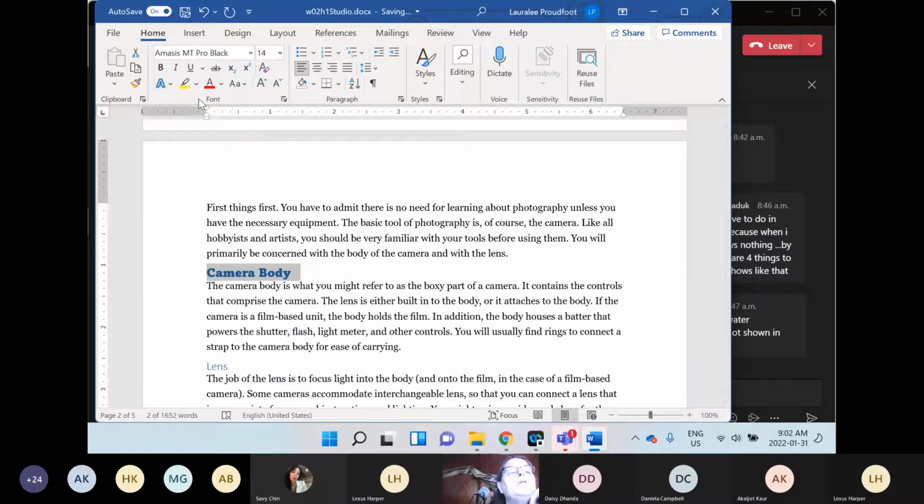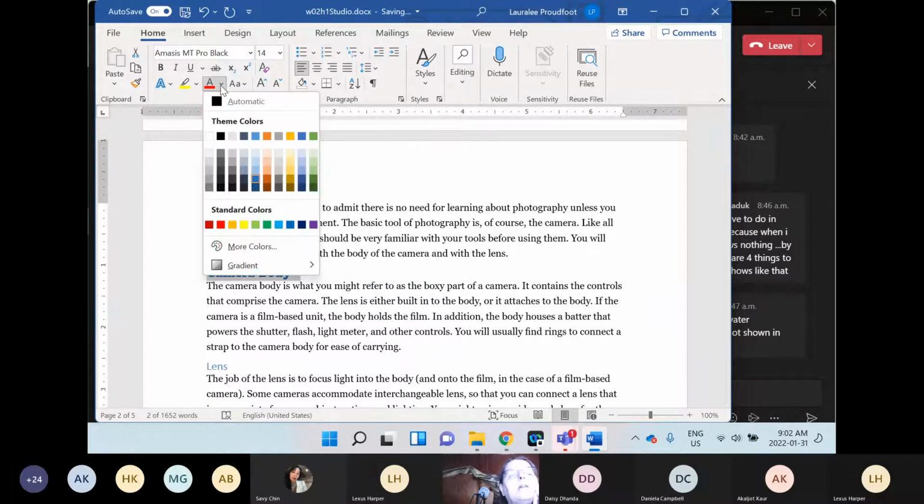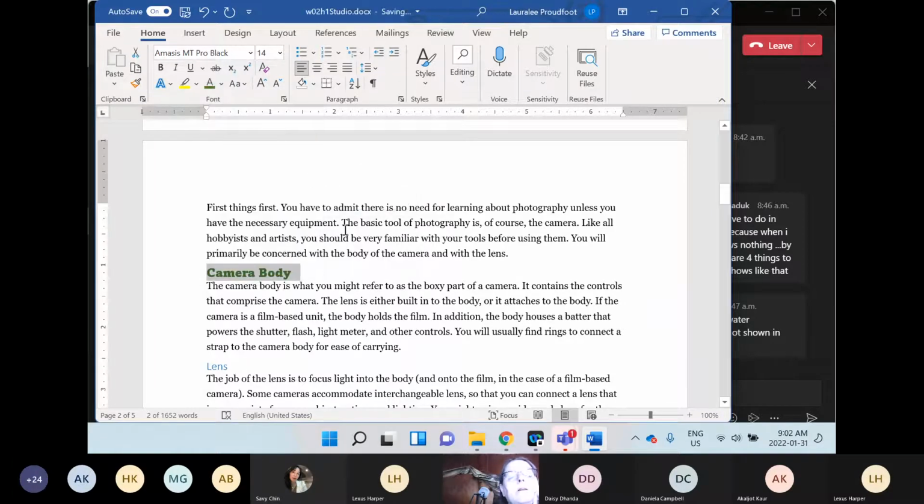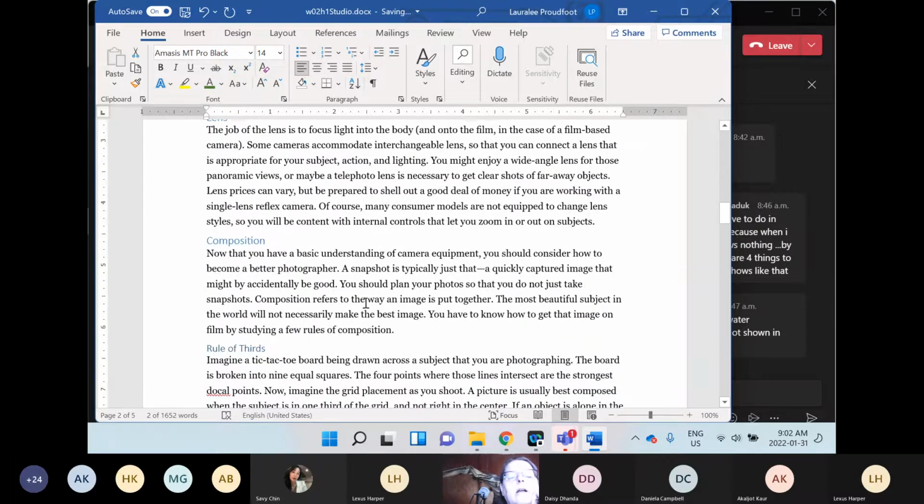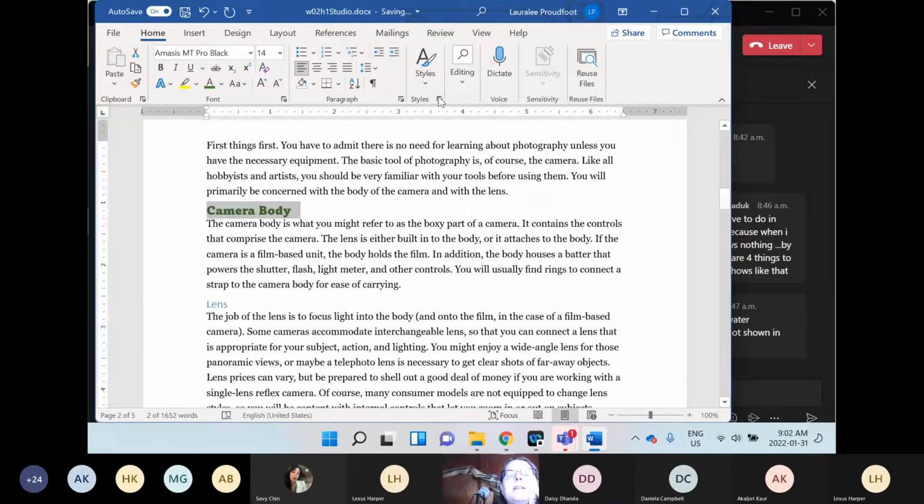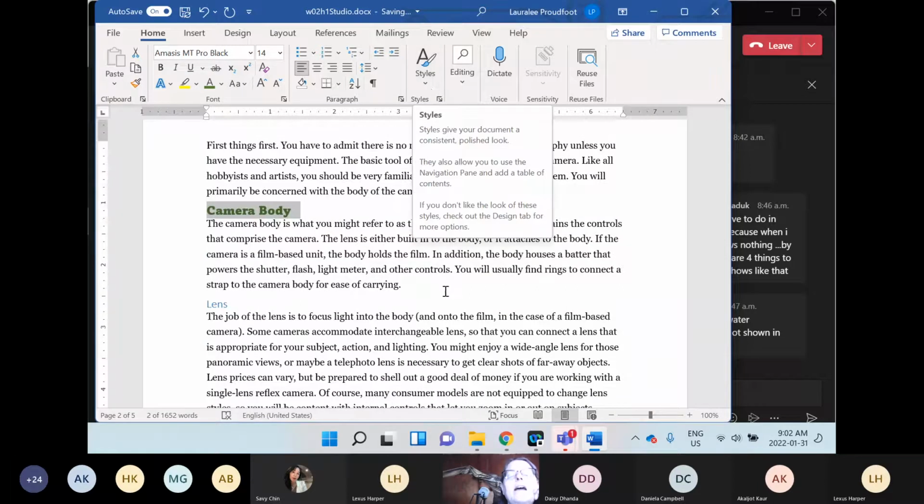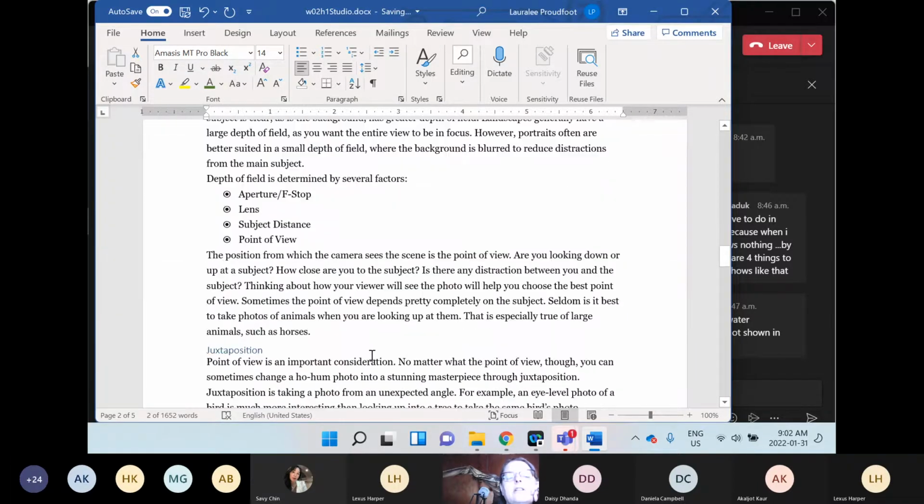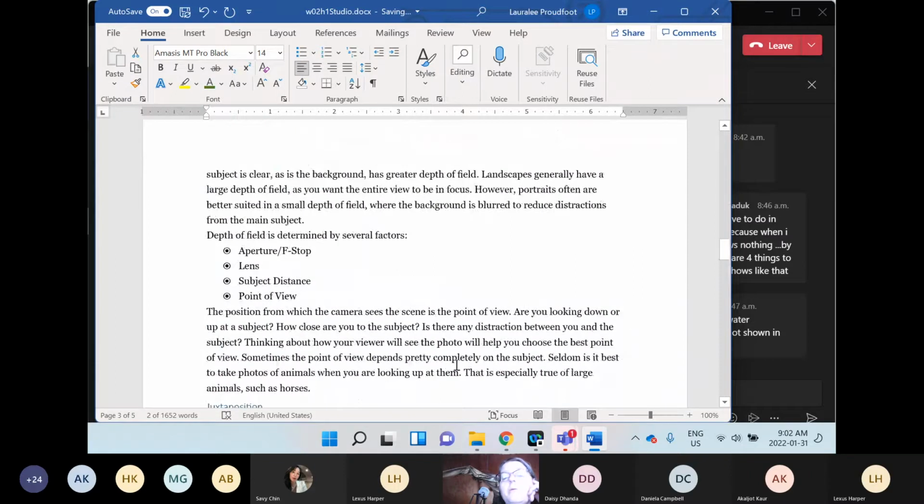And I'm going to consider at least changing the font color. So I'm going to go with green. You can go with whichever you like, right? The nice thing about this is because I have the styles applied all the way through,